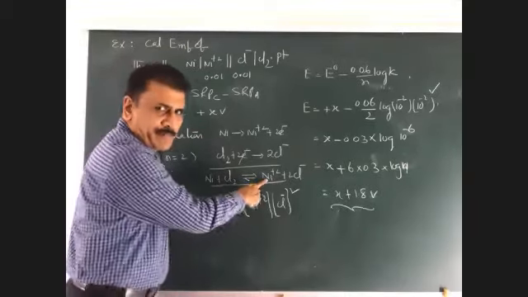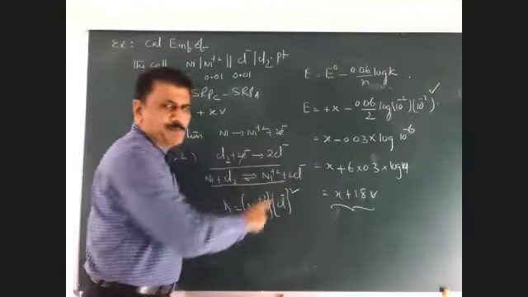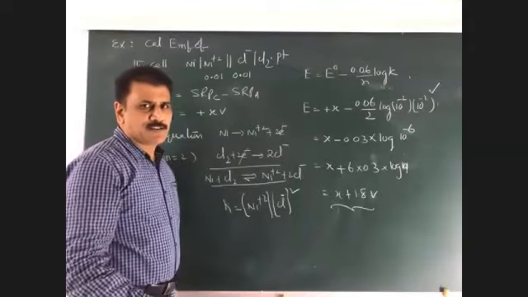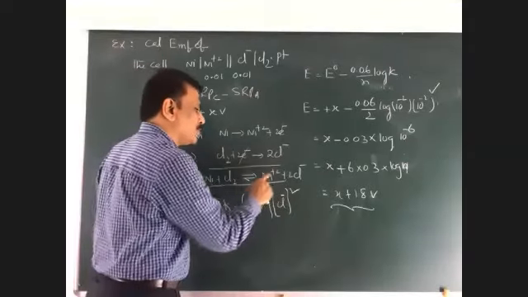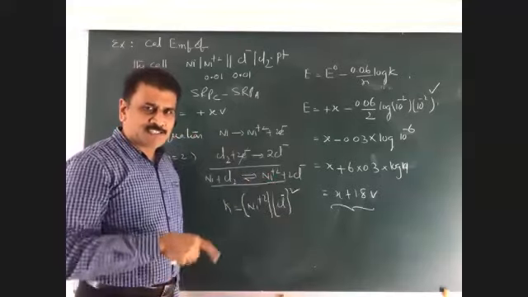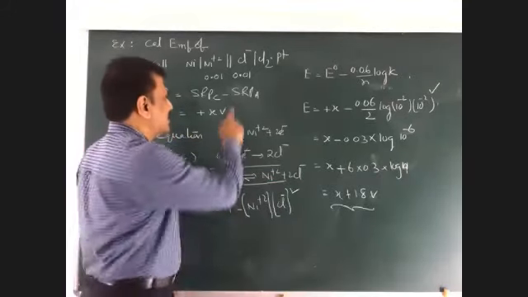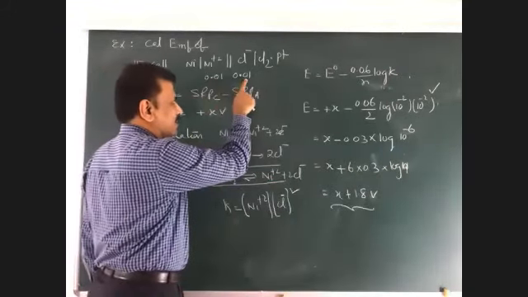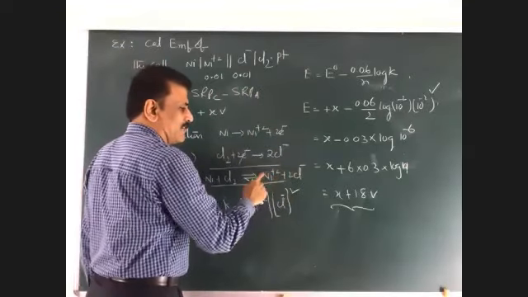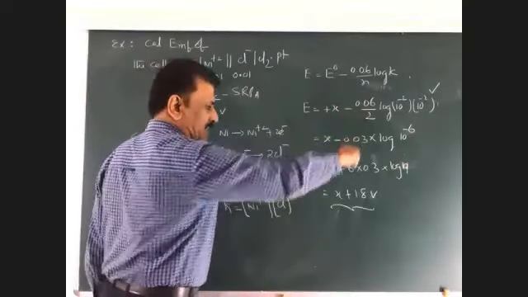This is forming. This is also forming. Both are forming. So the concentration of these both should be less than standard value. What is the standard value? 1 molar. Hence, it is taken less. Here also taken, and the concentration is less than 1 molar. Hence, it is increasing. It is added.